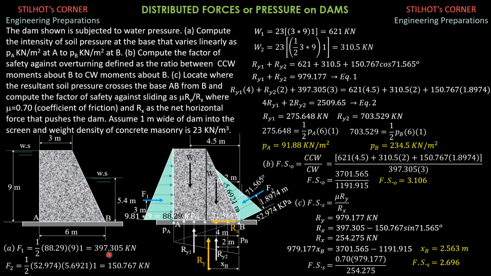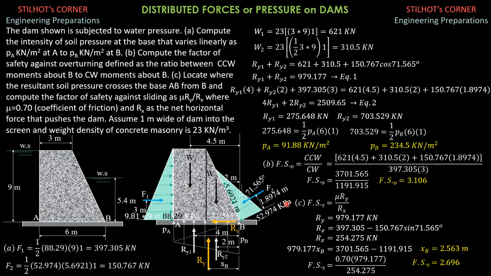So 397.305 kilonewtons. While F2, this one, is 1/2 of base 52.974 kilopascals. This 52.974 kilopascals is 9.81 times depth of water 5.4, so you'll get